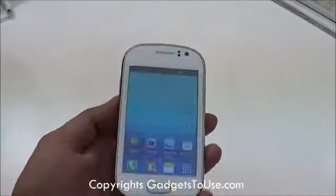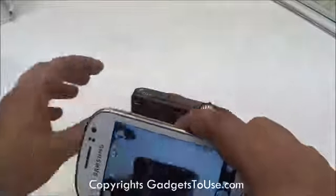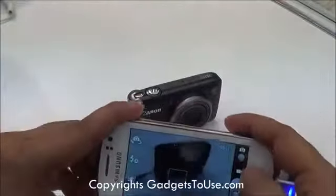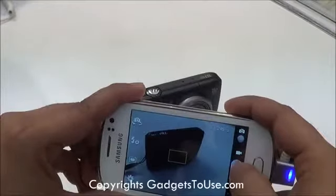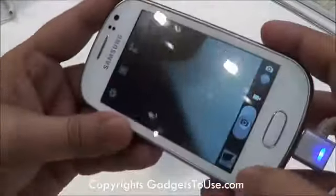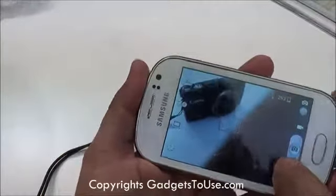If I talk about other specifications, the device has got a lower resolution. If I show you the camera quality of this device, let me just launch the camera. So let me just take a photo of this. The display on the device is capacitive touch, and if I show you the photo which I have just clicked,